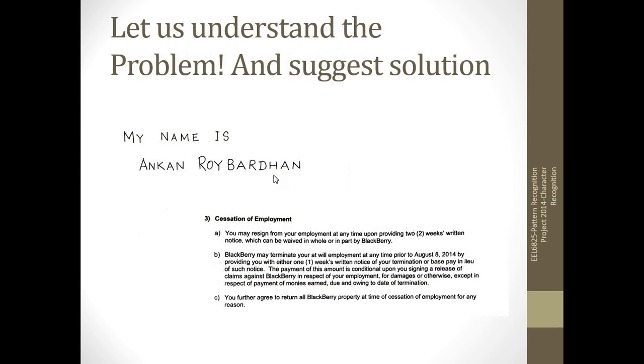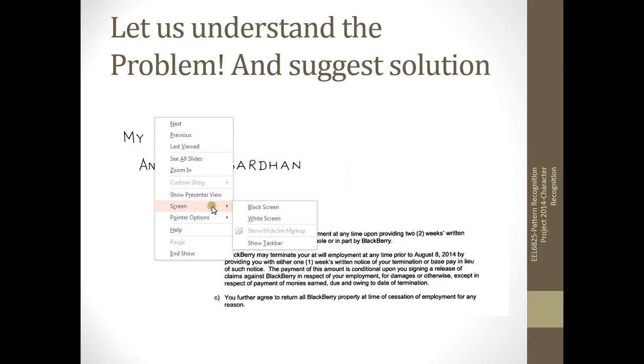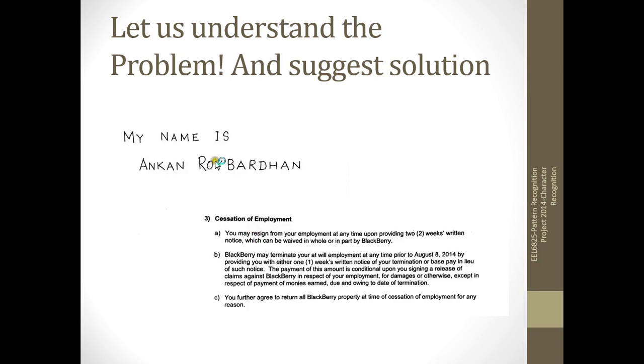So let us understand the problem. We have these scanned images. The first one is written by me by hand, and the second one is a scan of a document. Both are in black, but the same could be in any color and any background texture as well. The problem statement is to extract the area where only text is present,